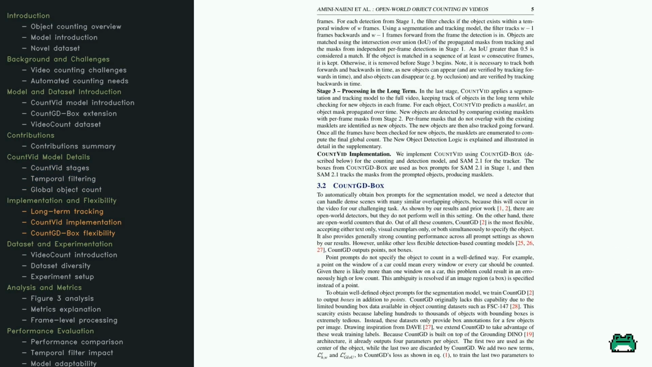Now let's see how COUNTVID processes videos over the long term. In stage 3, the model uses a segmentation and tracking approach to manage the entire video, ensuring every object is tracked accurately. It compares existing object masks over time to spot new objects. If a mask doesn't overlap with any from previous frames, it's marked as new. This method allows COUNTVID to adjust for objects appearing or disappearing due to movement or occlusion, creating a comprehensive count